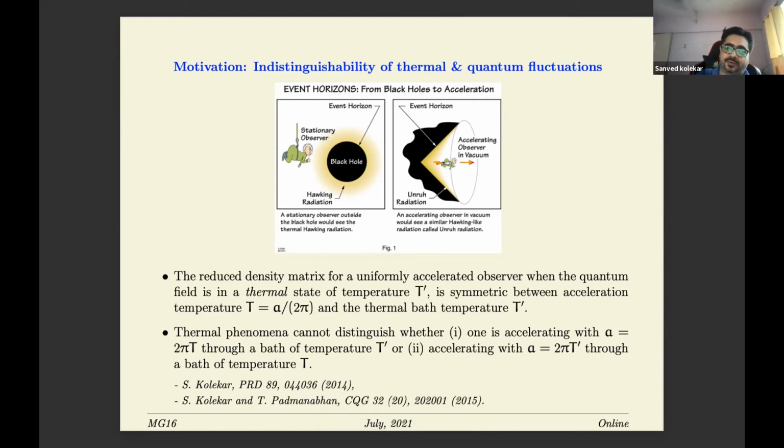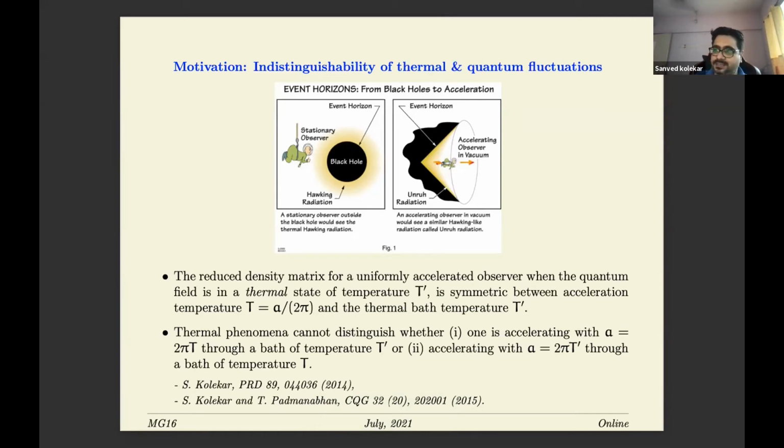So these two effects are going to be combined because of the difference between the two vacuum states with respect to the inertial observer and the accelerated observer. There we have the non-equivalency of how the fluctuations appear to both the observers. And then in addition, you have this thermal bath fluctuations. So both of them mix in such a way, and it was surprising that the final result is essentially symmetric. So it was based on that fact that we claim that there is this indistinguishability between the thermal and quantum fluctuations. As far as I know, it only works for this particular case that we have studied over here.